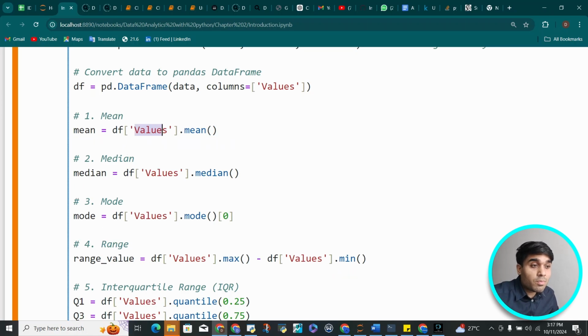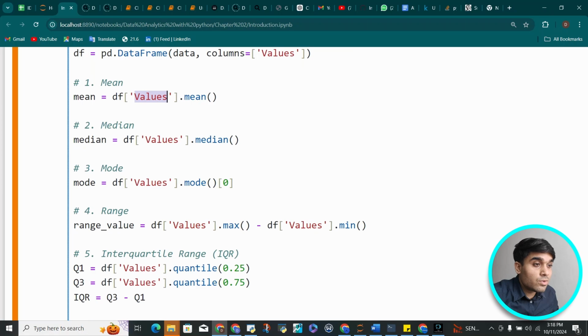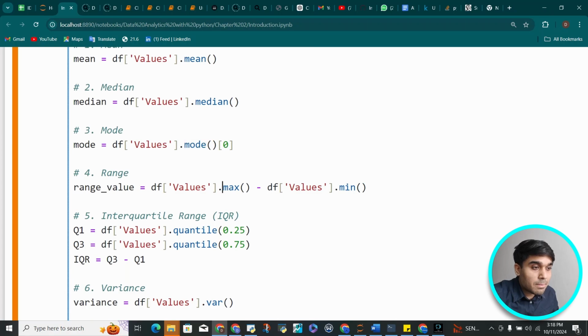df values. What might happen is values is a small column name right now. It might happen that the column names might be very complex, right? So that you might not be able to write it every single time if you have to do all the EDA. Although I'll be teaching you how you can automate everything and you don't have to do all this grunt work. We will be making it very efficient. But in the first place, you need to understand the foundation, and then only we can move ahead with the automation, right? So we calculate mean using dot mean parentheses, median, mode, and range is basically the maximum value minus